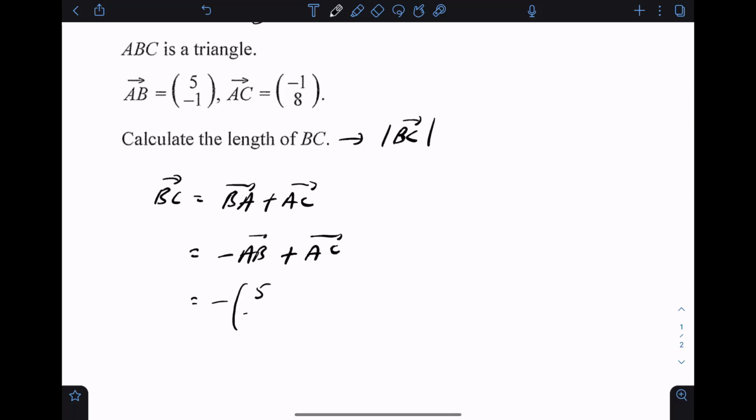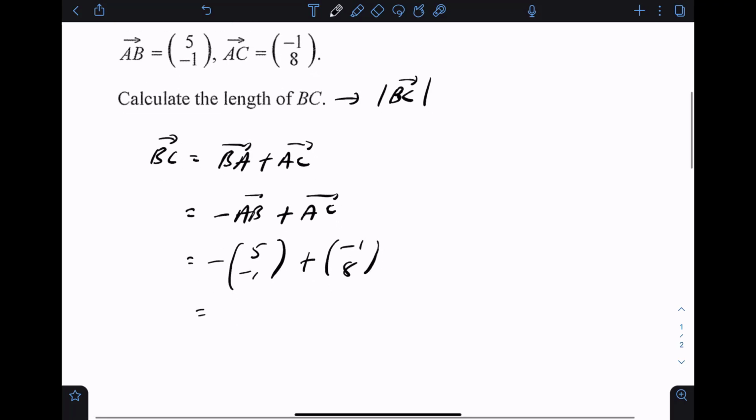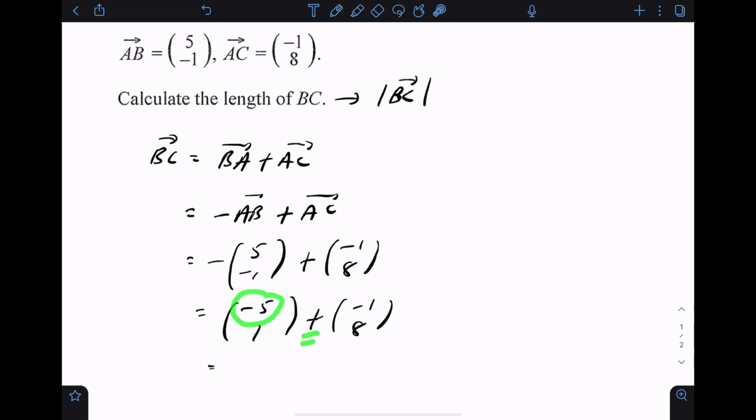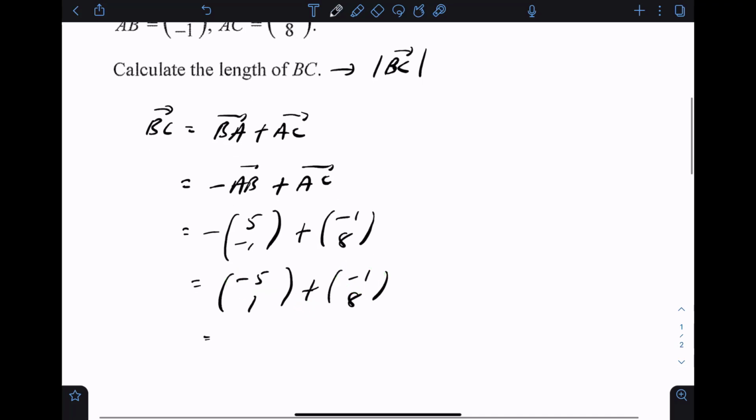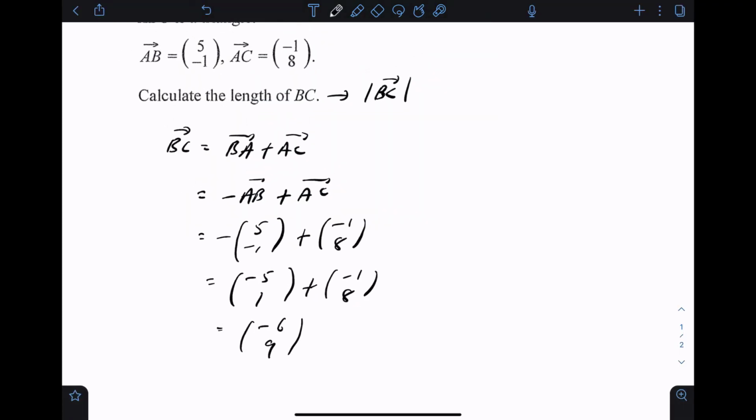AB is (5, negative 1), plus AC, (negative 1, 8). Now put a negative in, you're going to get (negative 5, 1), plus (negative 1, 8). My friends, negative 5 plus negative 1, and that is negative 6. 1 plus 8, that is 9. Okay, so this is (negative 6, 9), but this is not the end because the question really wants